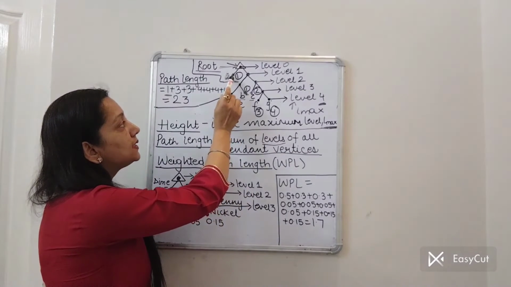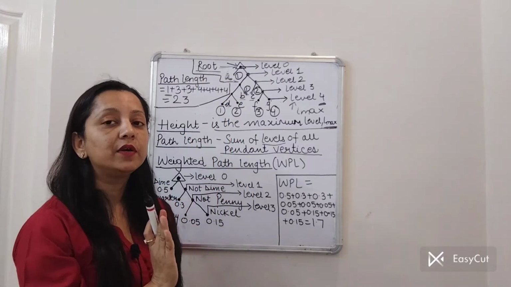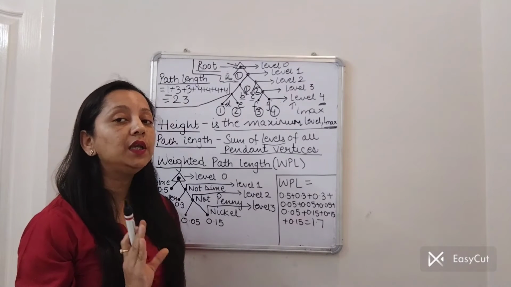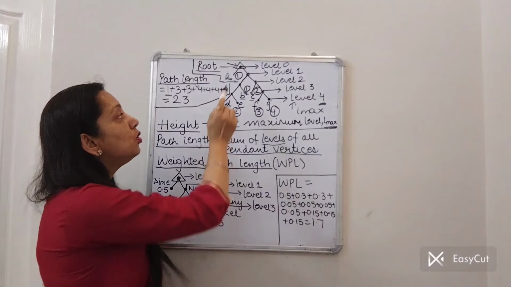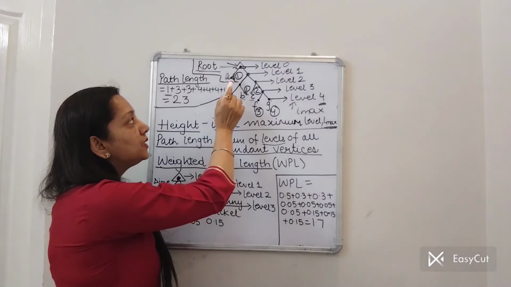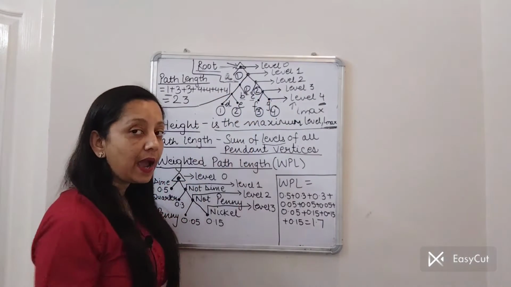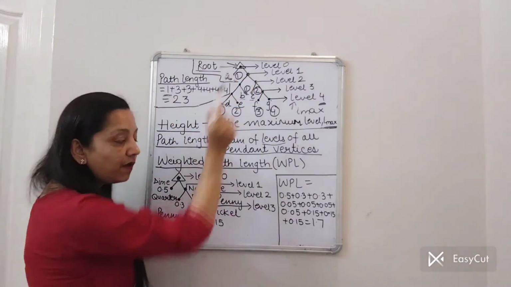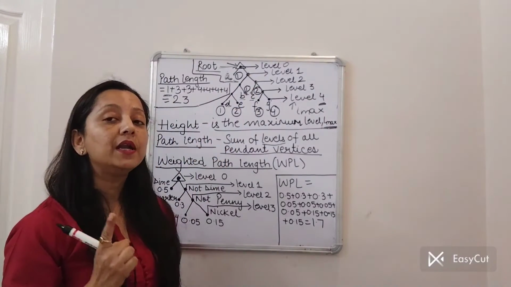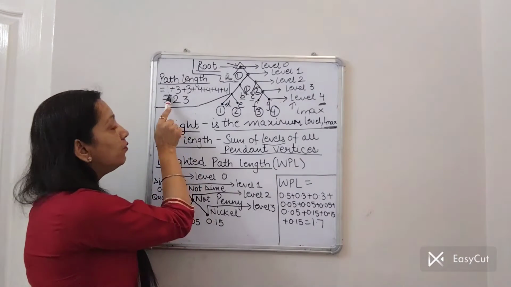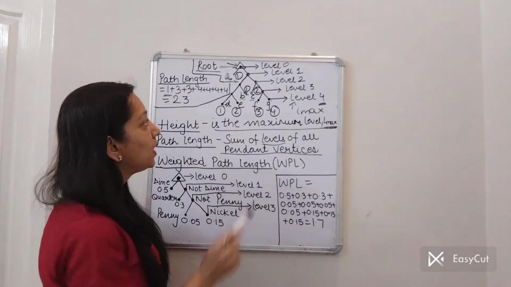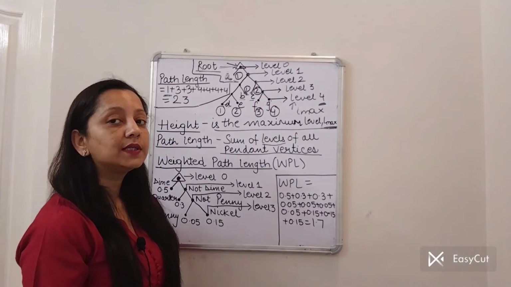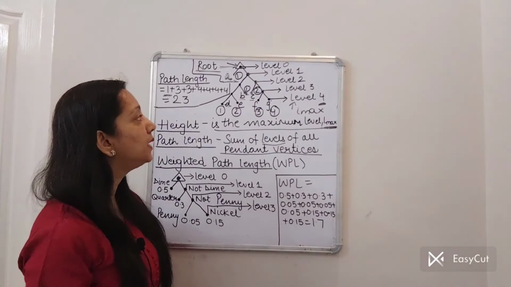Now when I say vertex, that means only the pendant vertices, because right now we are focusing only on the pendant vertices. So A is a pendant vertex which is at which particular level? At level 1. So you write 1. A is at level 1 and there is only one pendant vertex at level 1. So you write 1 once, right? Then moving on, we come to level 2. Now there is no pendant vertex at level 2. So we skip that level.